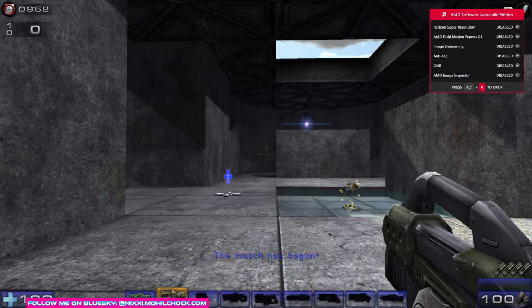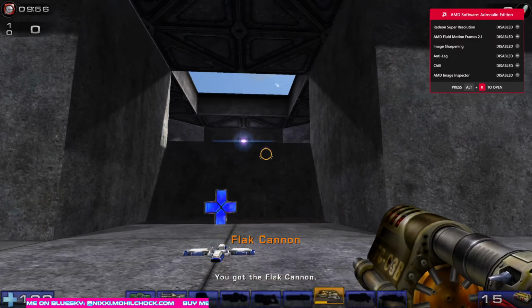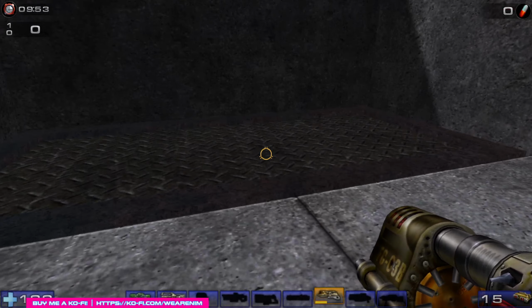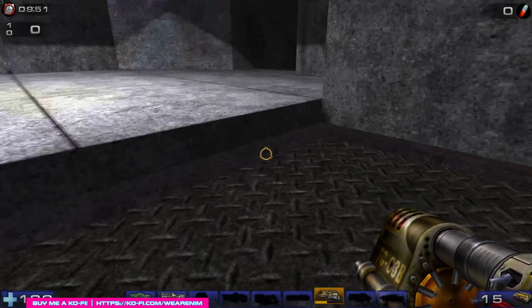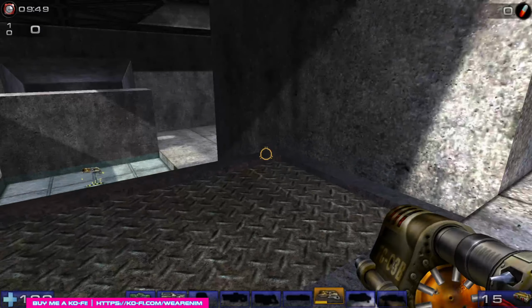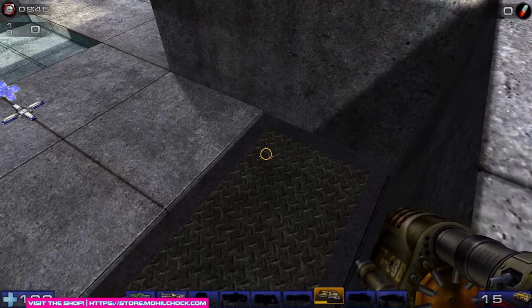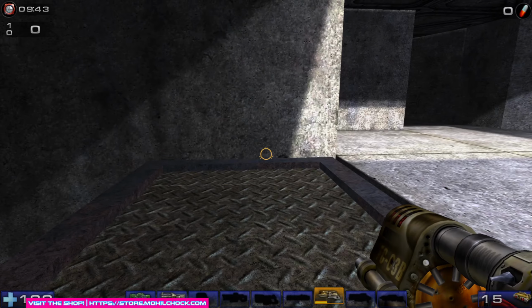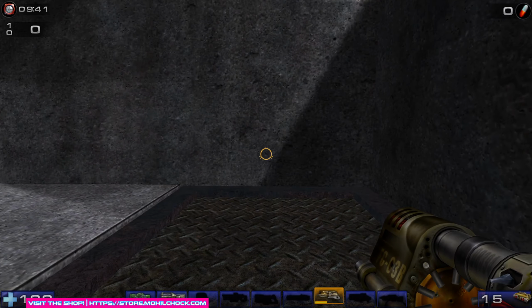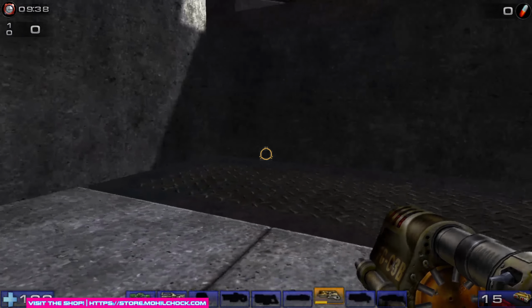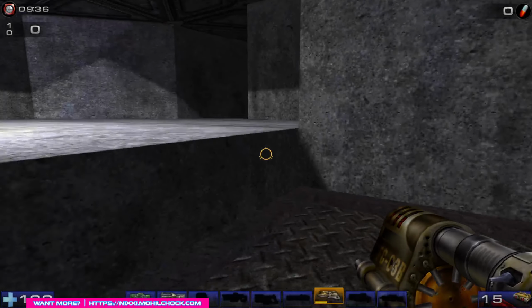All right, we're in our map. And we can see our new room and our lift. And if we step onto the lift, it moves us up. And then it goes back down after a couple of seconds. And if we stay on the lift, after a couple of seconds, it'll retreat back down again. So I think that's a really good